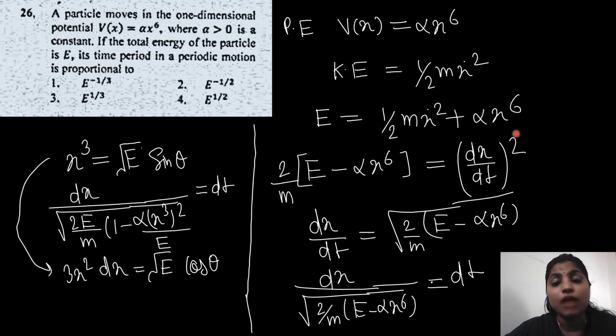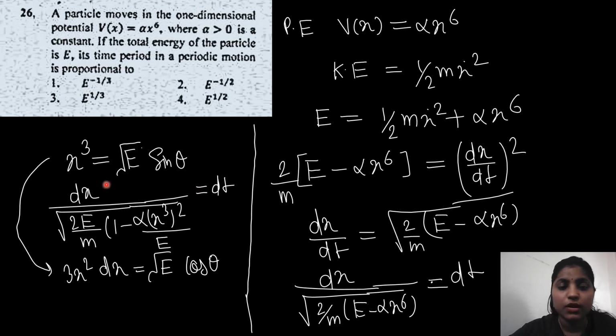Okay. Now you have to find out the value of t. This equation is something like a differential equation, because you can write x dot as dx by dt. Find out the value of dx by dt, so you will get an equation like this. Now separate out dx and dt, and integrate both sides.